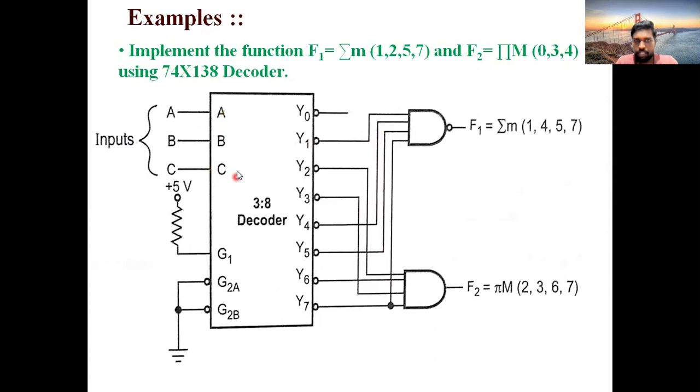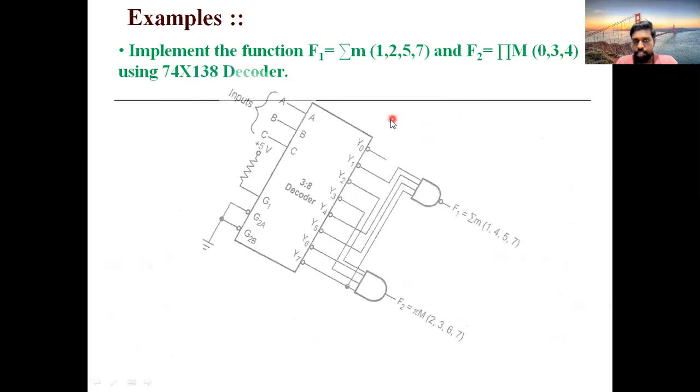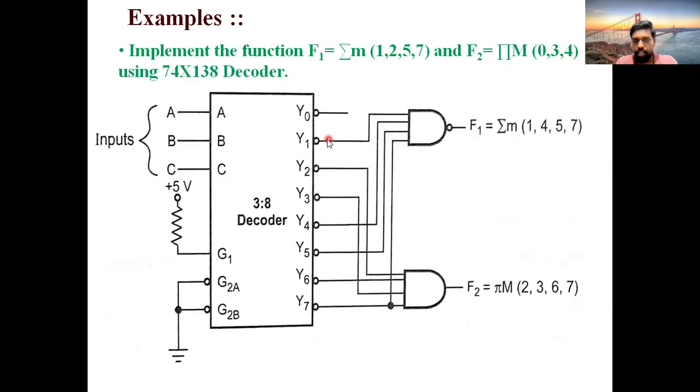So directly draw the 74x138. See, 3 inputs will be there, 8 outputs will be there. All the 8 outputs will be in active low form, meaning complements will be there, and 1, 2, 5, 7 should be linked with the NAND gate. Why? Because it is an SOP equation. And 0, 3, 4 should be linked with the,